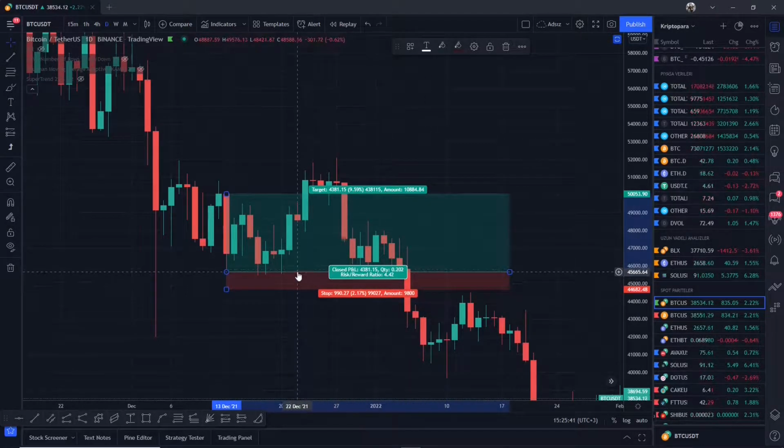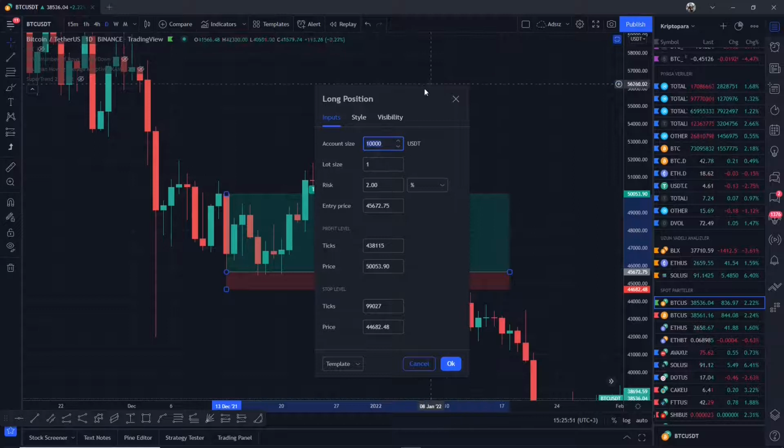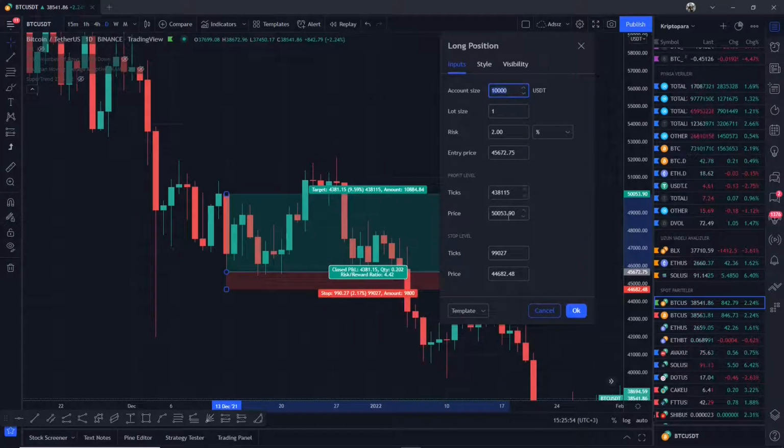Now, we will click on this tool and this toolbox will be opened. Just click on the settings icon and when you click on the settings icon, you can see every detail here. Account size means your maximum portfolio. Your maximum portfolio could be anything like $1,000, $10,000, $1 million, whichever it is. Just write it here. I will give you an example and I'll write here $1,000